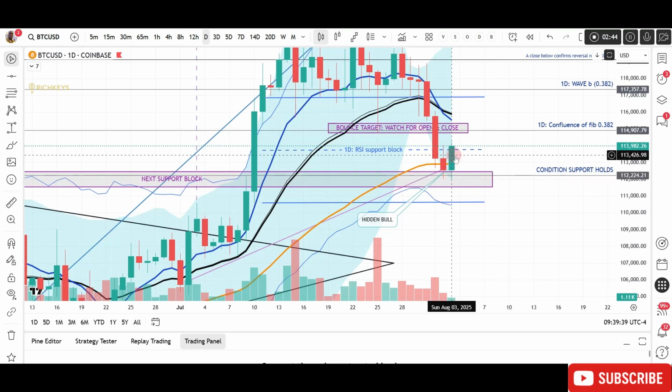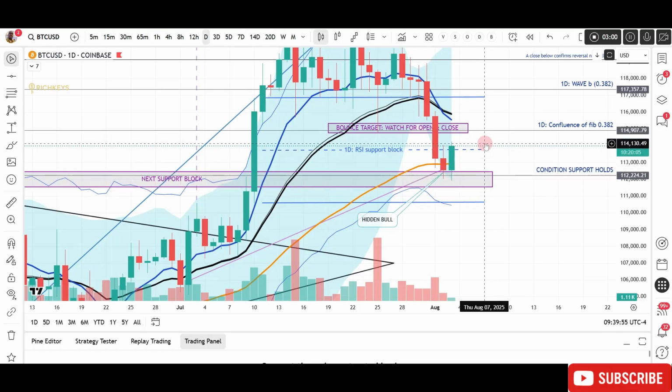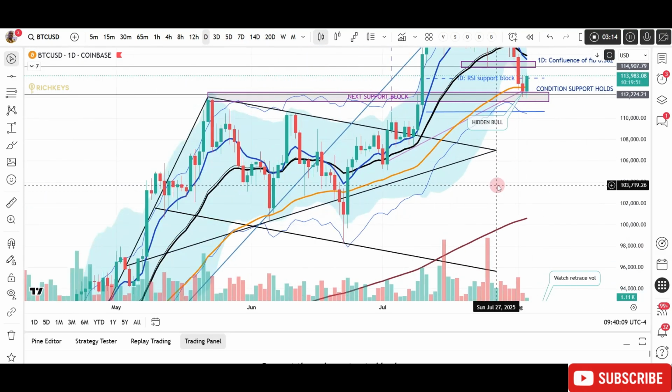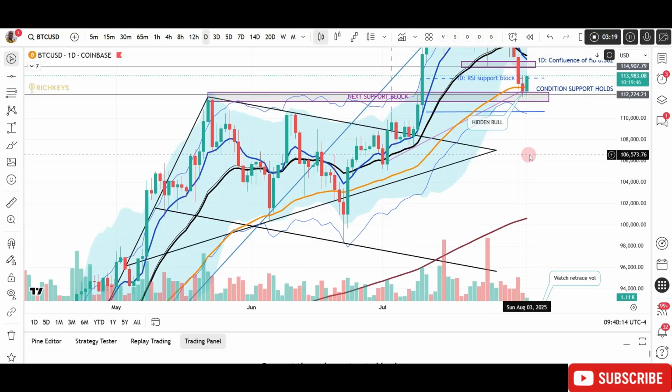I'm expecting a consolidation between this price level 115 and the 112. Because of this support zone that is very strong, it's not going to sift through here with ease. It's probably going to consolidate, build some momentum, and then we might break through here. And when we do break through here, my target is somewhere around the 104. I didn't put a box here, but my target is somewhere around here. All right, somewhere around 105, 104 in the coming week. That's my target for